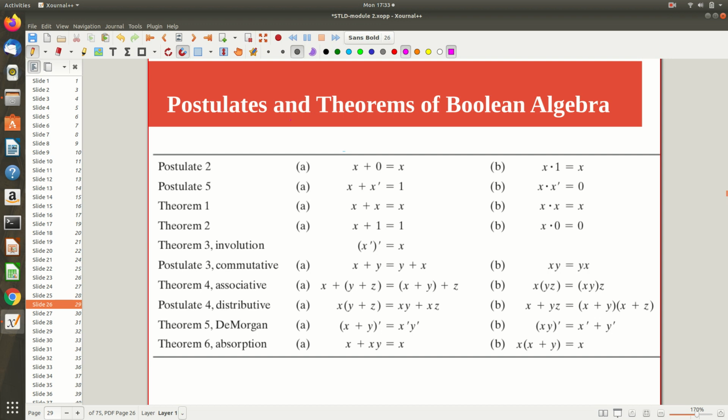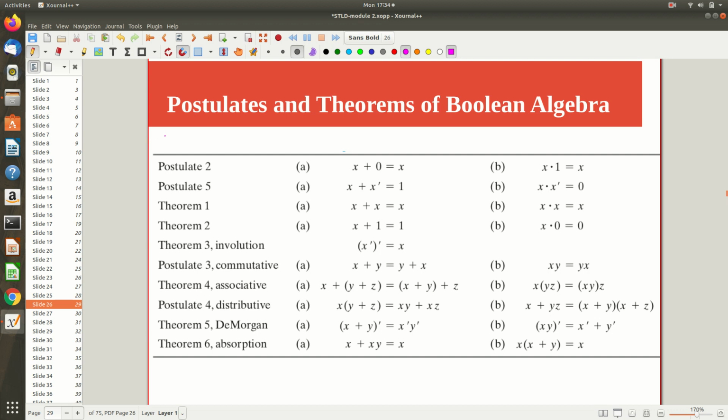So these theorems, formulas and postulates should be there in your mind. Somewhere you have to learn them by heart. By heart in the sense that if you can keep them in your mind, then it is very easy. Whenever any expression comes, you can think of which rule can be applied and go directly with that. After understanding, you will automatically remember; you don't have to memorize. If I'm using that word, some people may not be comfortable, but anyway, ultimately it should be there in your brain, so keep that in mind.